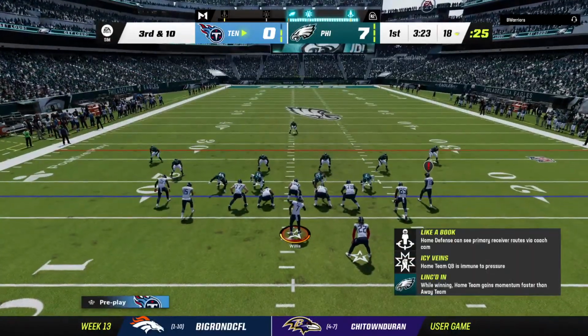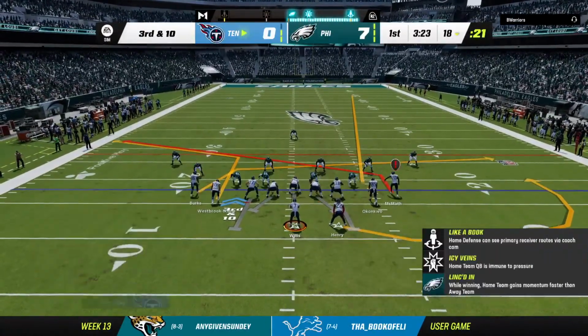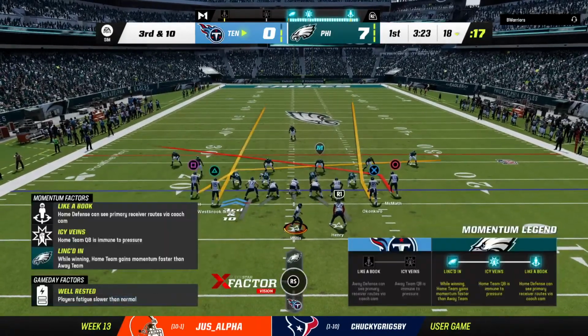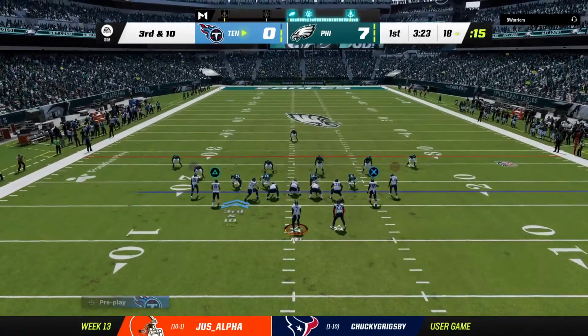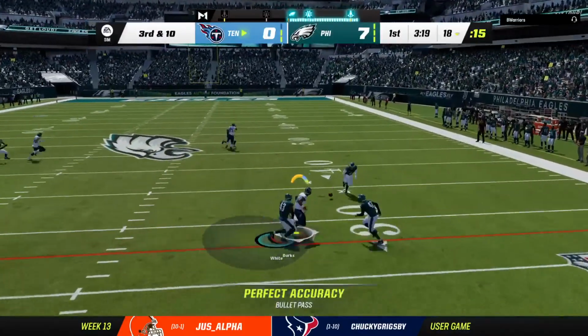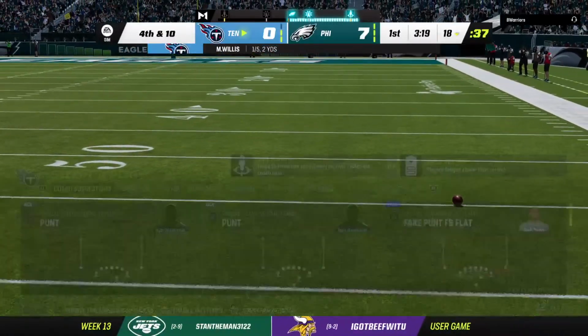Now they face a 3rd and 10 after back-to-back incompletions. Here's Willis. And that will be incomplete. That certainly looks like nothing to show now from